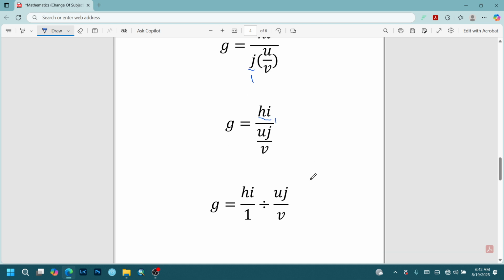So we are going to have J to be the fraction HI over 1 divided by the fraction UJ over V, right? So here,